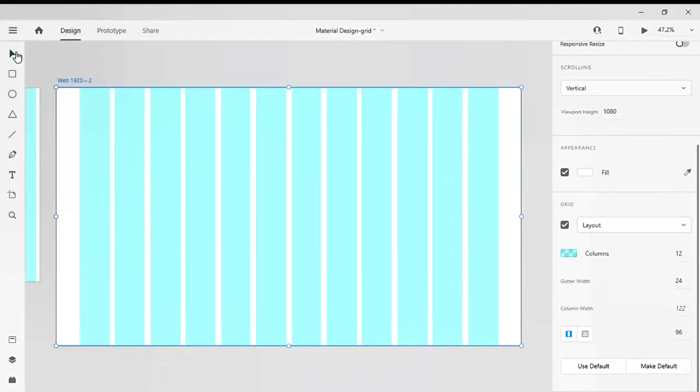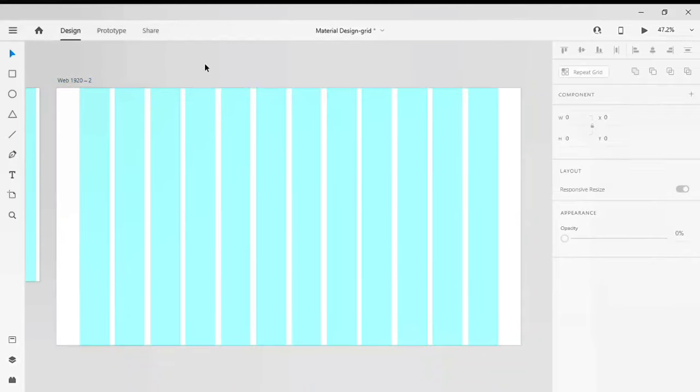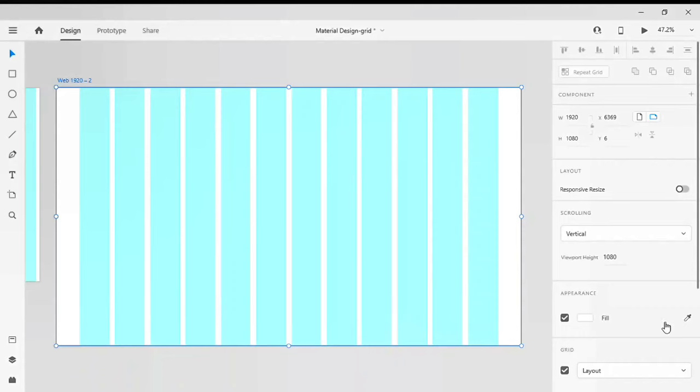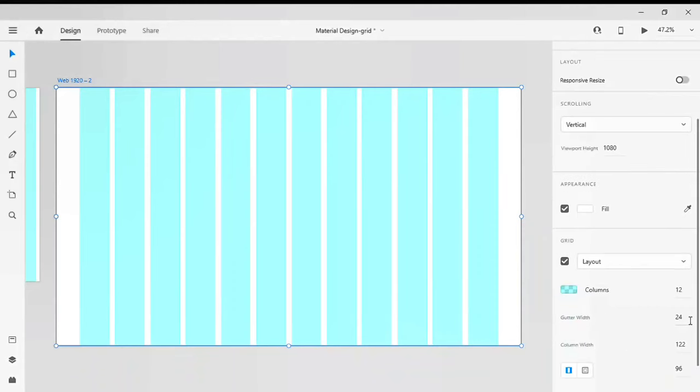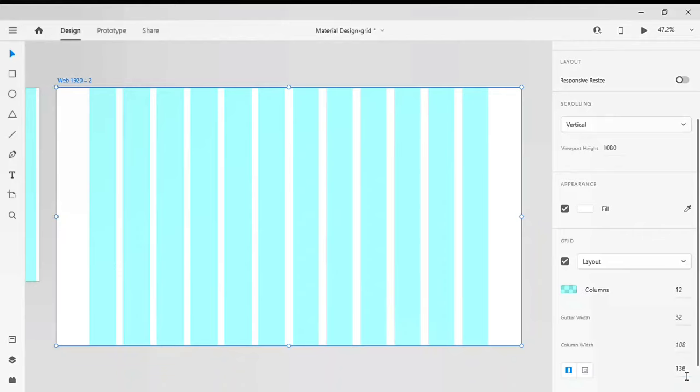If you see, this is the default structure of using offset margins on the right and left. If you are mentioning the gutter width as 24, you have to multiply 24 by 4. If you use a gutter width of something like 32, let's check what happens. Multiply 32 by 4, you will get 128. Apply 128 margins on the right and left side of your 12 column grid with the fixed layout.